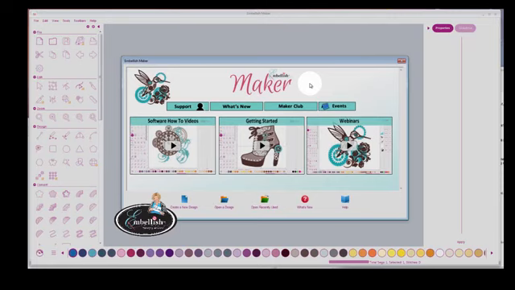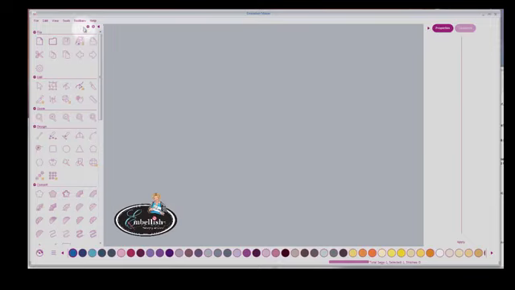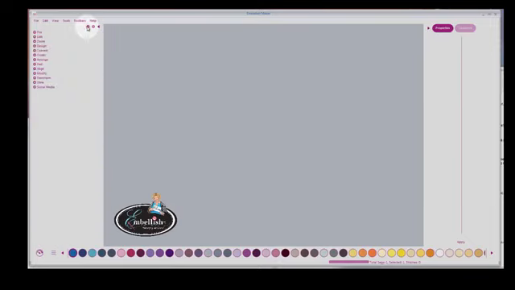So this is what Embellish Maker looks like. When you open the screen, you'll have this landing page that shows you support. If you have problems with the software, you'll click here. You have the Makers Club, events if you'd like to find Embellish events near you, webinars, getting started, and this is pretty self-explanatory. So I'll close this screen, and this is what Embellish Maker will look like the first time